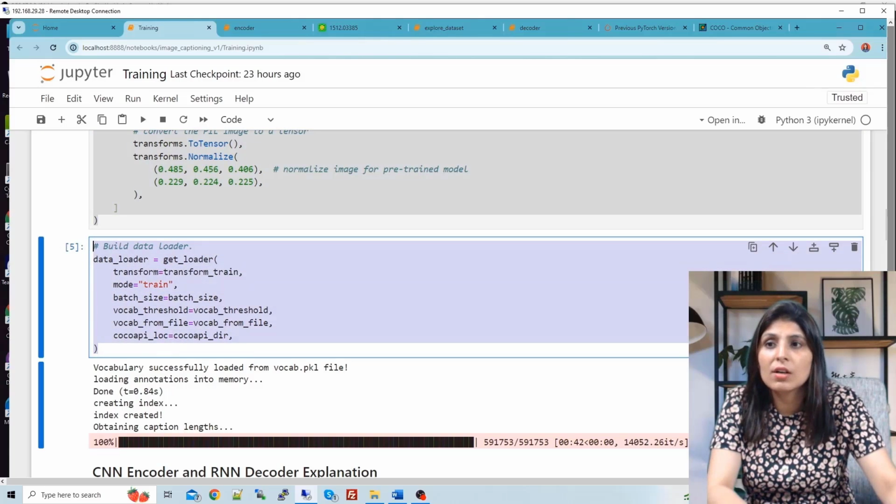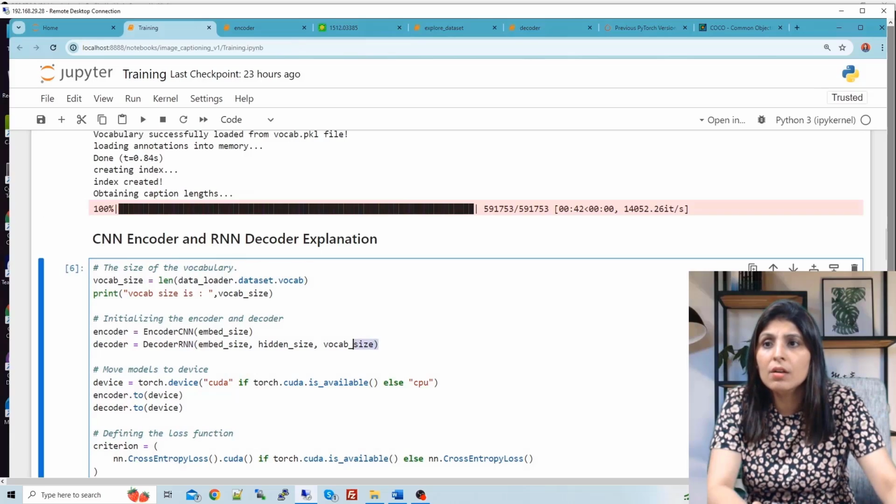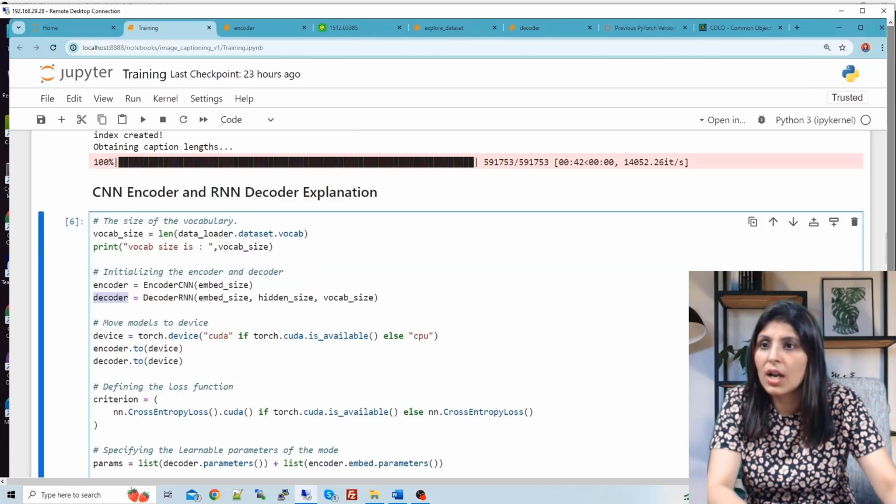Here we are loading the training data set, and after that we are getting the vocab size, because we need it, so we are storing it in this variable. Then we are calling the encoder and decoder; the encoder variable has the encoder class, and the decoder variable has the decoder class.